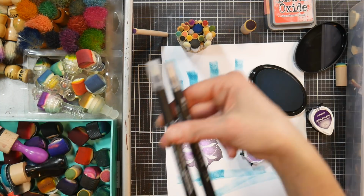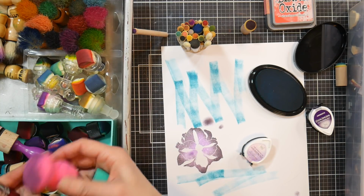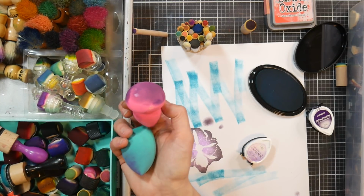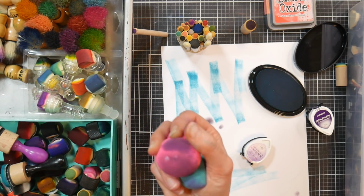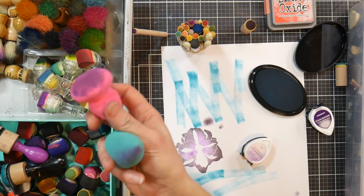Again, I have more of the blending markers because this is kind of my class stash. These are some more blenders kind of like these. You can use them for chalks or ink pads, beauty blenders. They're used the same way as your mushroom blenders, any of that stuff. You can pick these up at the dollar store. I think these were Jane Davenport ones, but